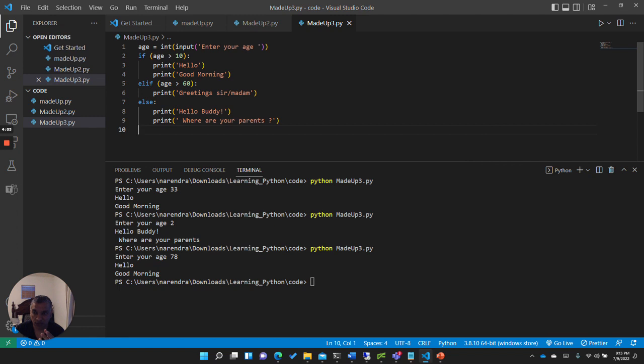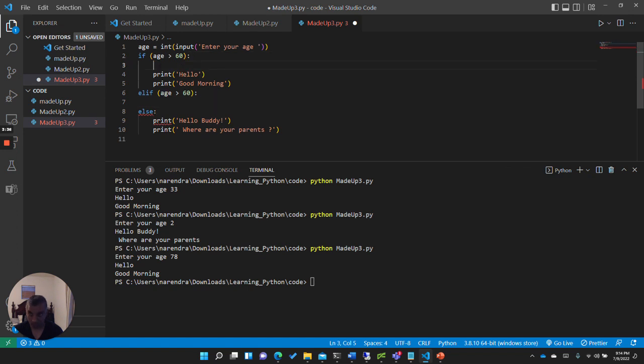Why did it not do this? Because elif means else if. So if the first condition is false, and only then will it come here. But if the first condition is true, it won't, because elif is short for else if. So in order to make this work, we should do it this way. We should say 60 here. We should take this piece of code away. We should add it here.